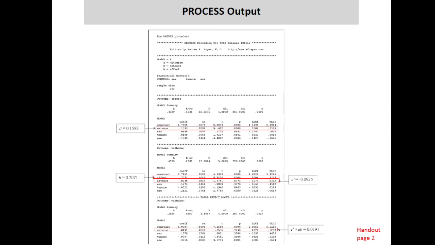And what we see is that PROCESS was automatically doing all these regressions. So here's our model of depressed affect, which includes all these predictors, and there's our A coefficient, that A path. Then it's automatically doing the second regression. So that's withdrawal intentions, and there are the predictors, and so there's B and C prime there. And then because I requested it with an option, we get this thing called the total effect model, and that gives us the sum of the direct and the indirect effect. So that's what we call C, total effect.